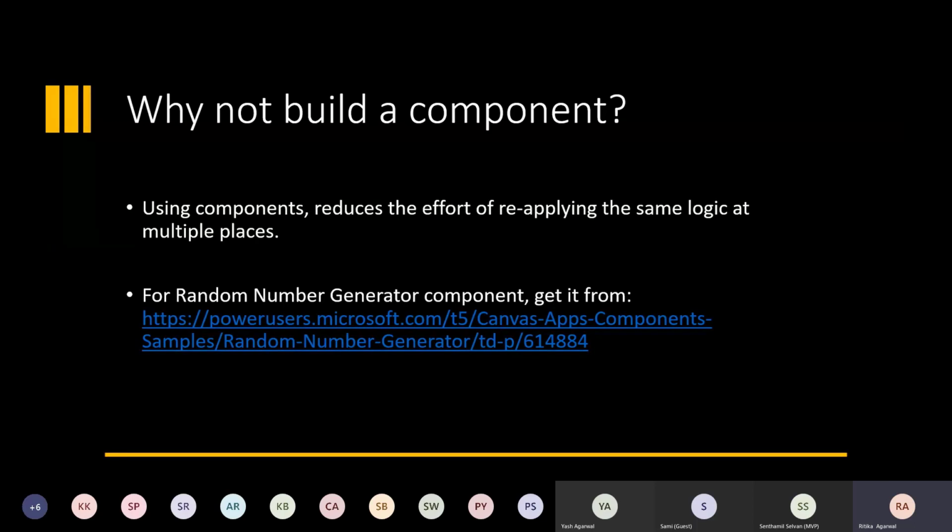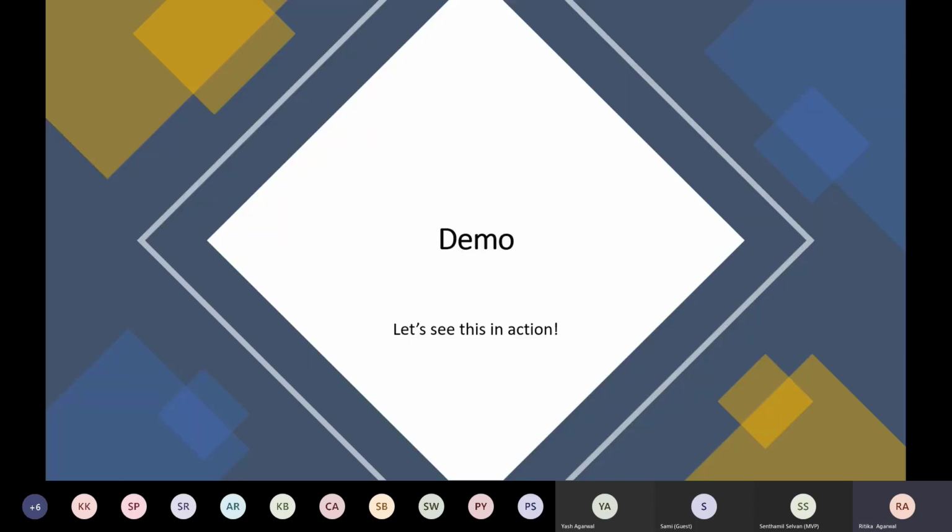This component supports whatever number you pass as the length of your OTP, it will generate a random number of that equal length. In case you want to add additional features to this component, you can also do that. This is the URL on the screen where you can go and visit this component.